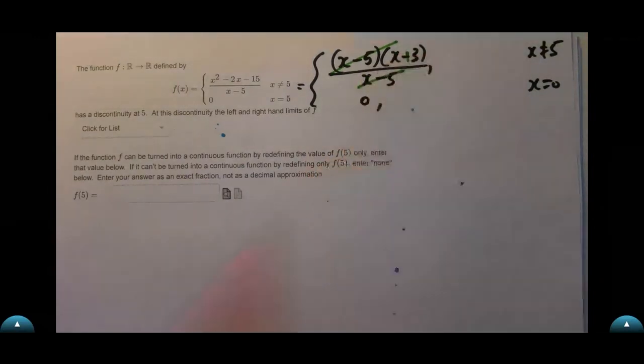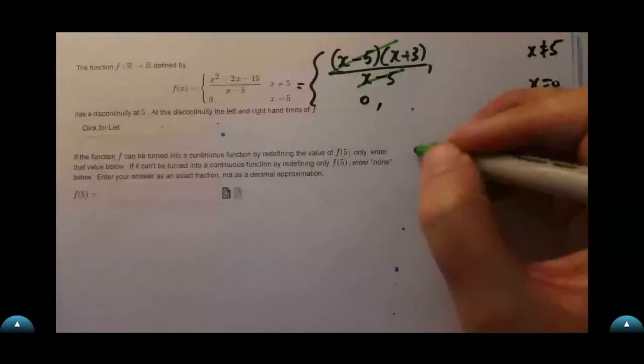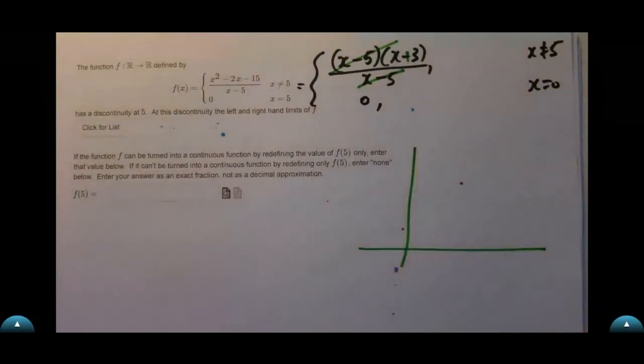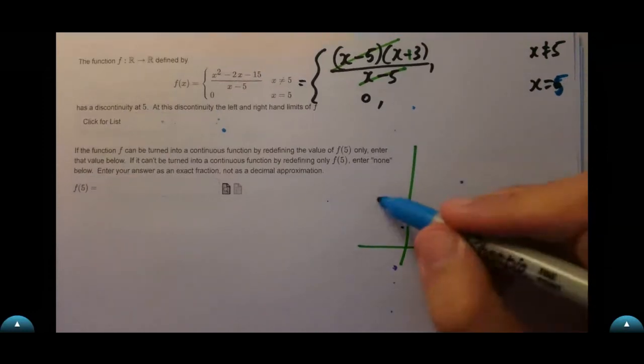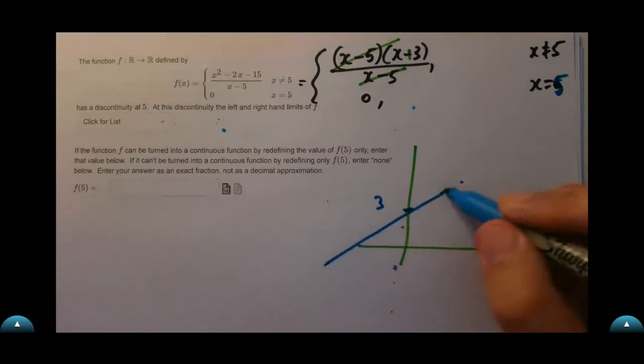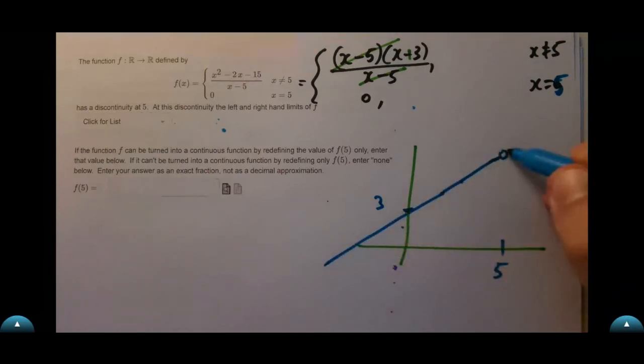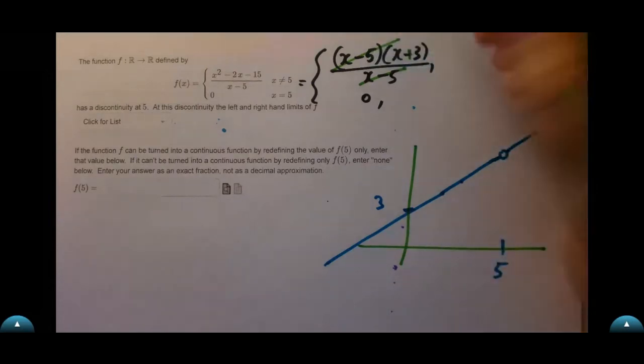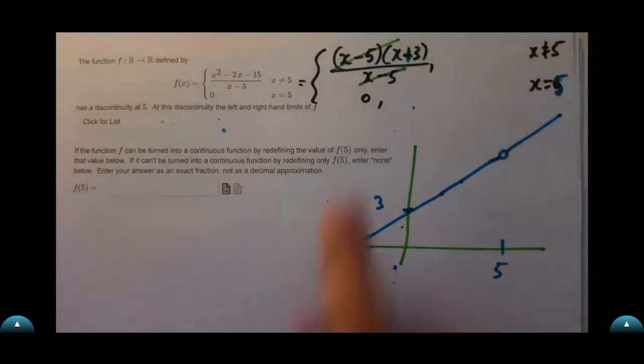So now I've got a situation where x equals 5, sorry. I've got 5 there. I've got maybe 3 there. And that's my top part of the function. And it's 0 down here. Okay, so